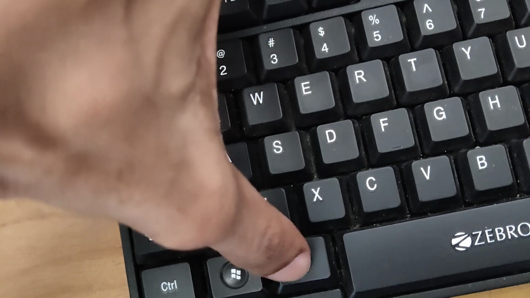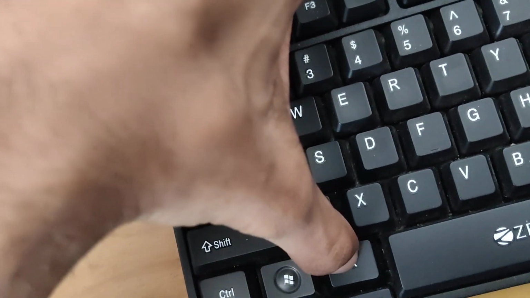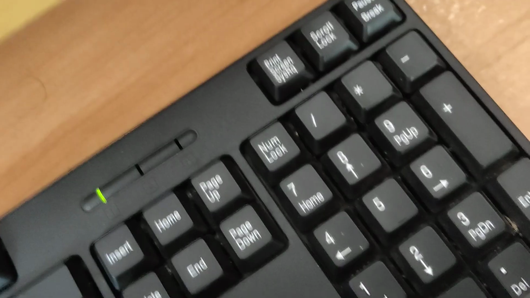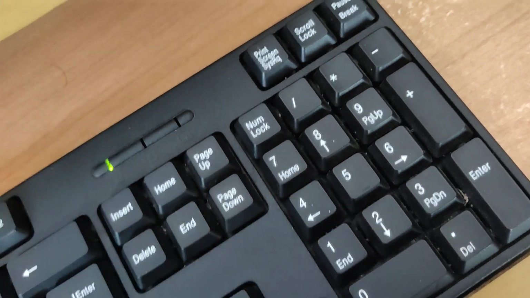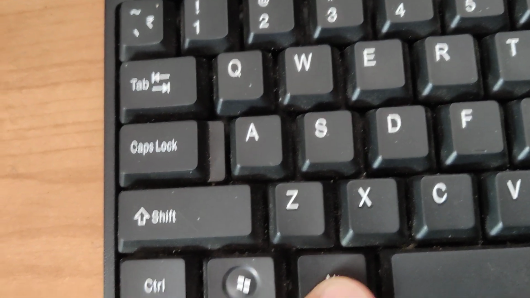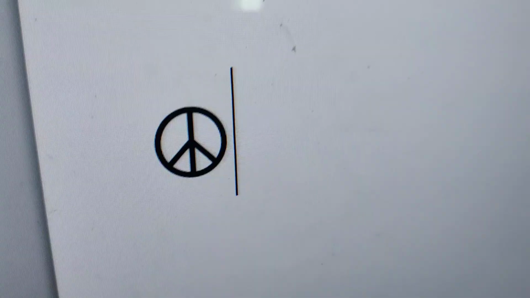Now you can see an alt key on the left side of the space bar. I am going to press and hold this alt key. I am not removing my finger from this alt key. At the same time, now I am going to type here 9774. Okay, after typing 9774, I am simply releasing my finger from this alt key, and you can see that